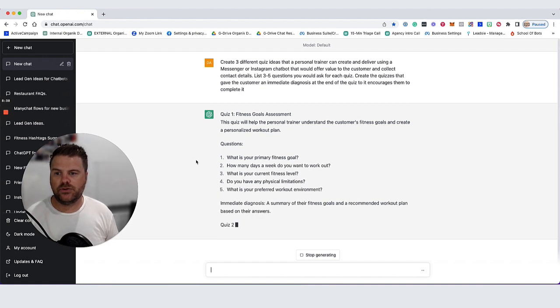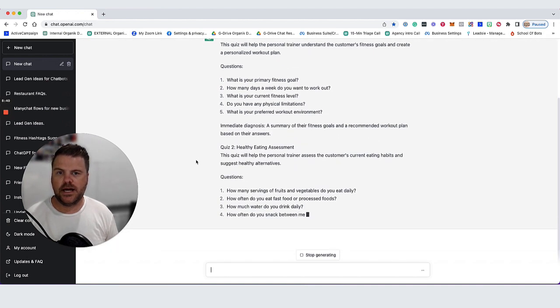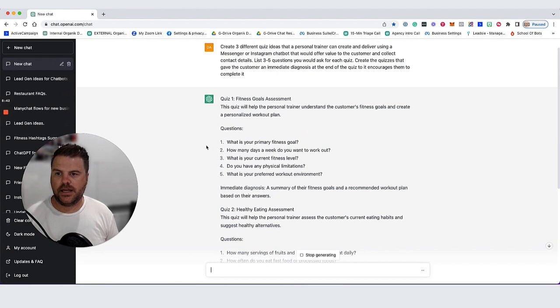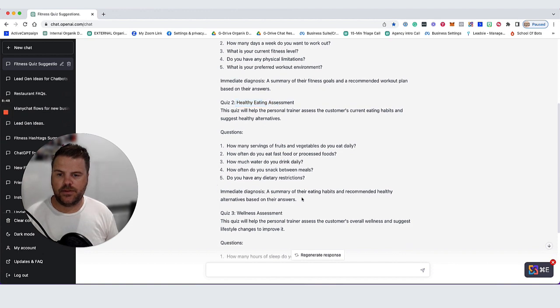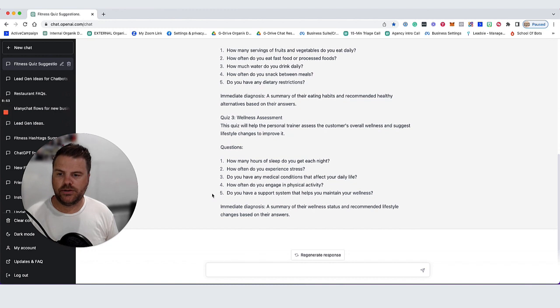All right, so personal trainer, fitness goals assessment. Then get the diagnosis: summary of their fitness goals, recommended workout plan, healthy eating assessment, summary of their eating habits, recommended healthy alternatives based on their answers, wellness assessment, asking questions around how much sleep they get, their stress, any other medical conditions, how much they exercise or engage in physical activity, support systems. It gives them a bit of a summary on where they can focus and potentially how that personal trainer